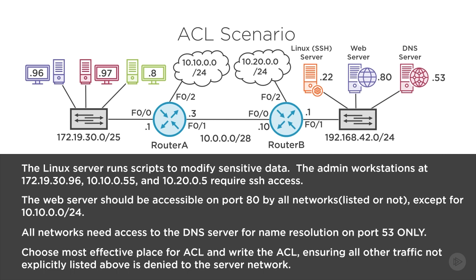Next, all networks need to access the DNS server for name resolution on port 53 only. And then last, we're going to choose the most effective place for the access control list to exist, and then write the access control list, ensuring all other traffic not explicitly listed above is denied to the server network. So we're going to allow all the stuff that we've listed above. Anything that's not explicitly stated there, we are going to deny that traffic from getting to the servers on the